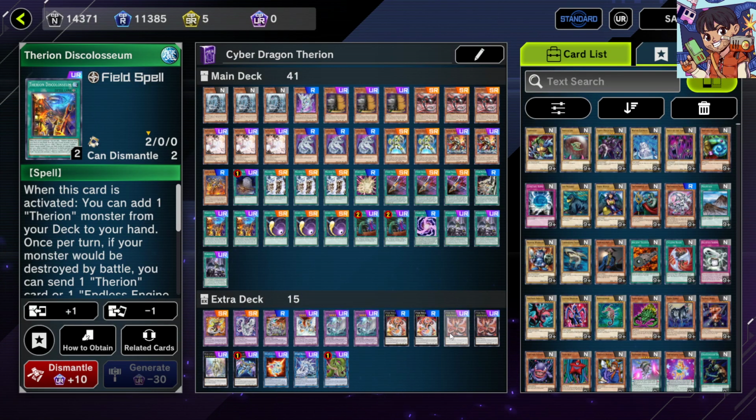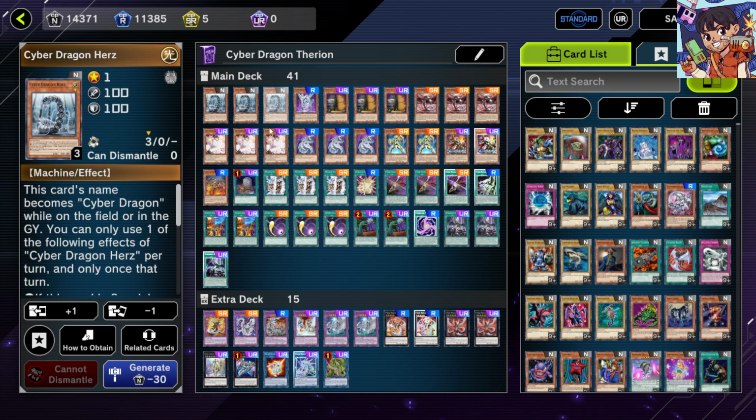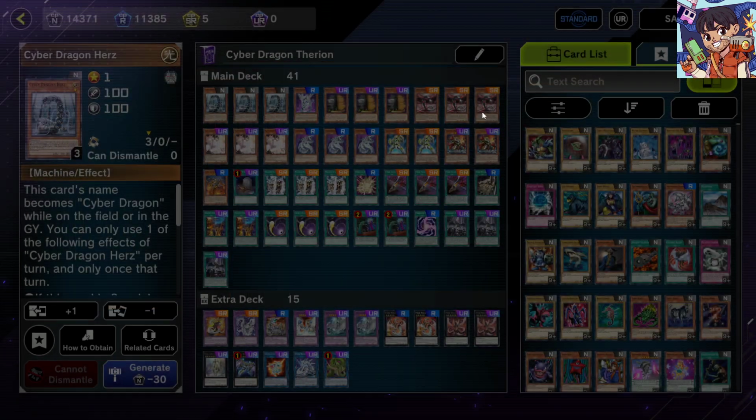But now let's take a look at all the deck lists that I will be showing you, where you can put Therion. So this is the pure Cyber Dragon build with Machine Duplication. So the standard ratios here: we have 3 Cyber Dragon Herz. So if this card is sent to the graveyard, you can add one other Cyber Dragon from your deck or graveyard to your hand. So you can recycle Cyber Dragons in the graveyard for grind game, or you can search